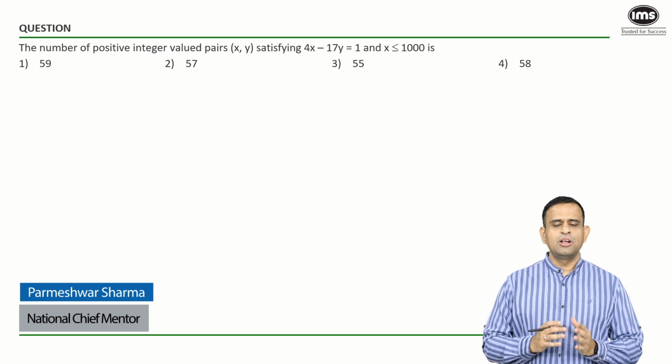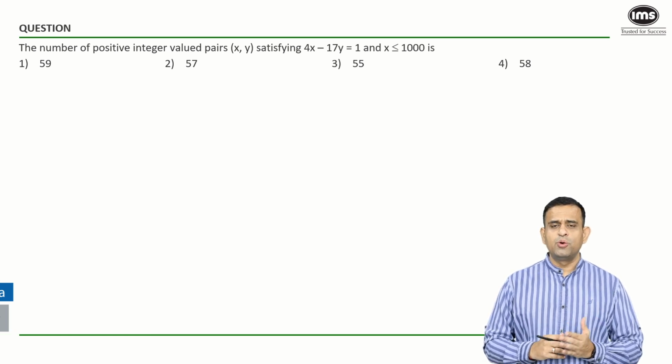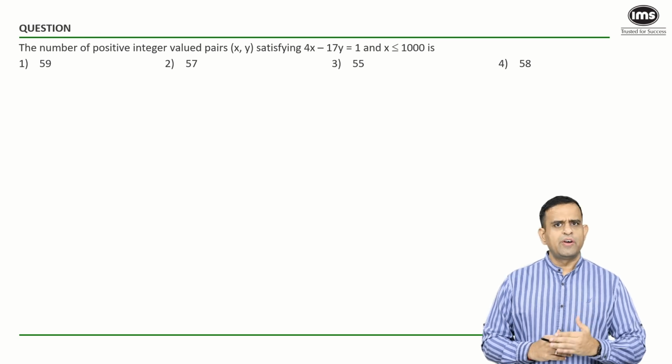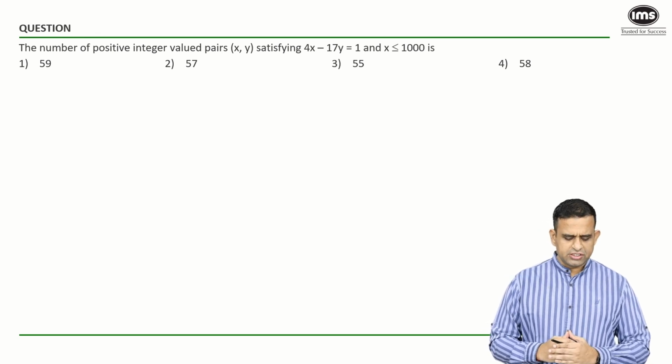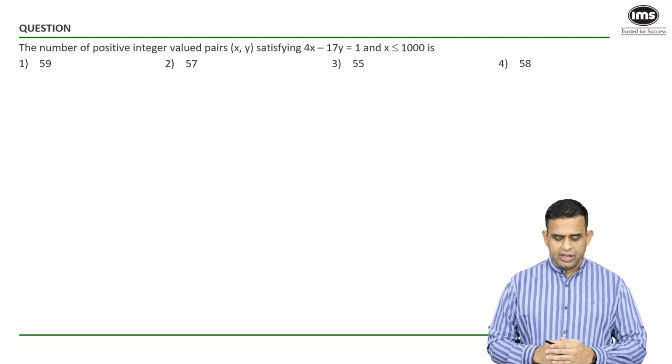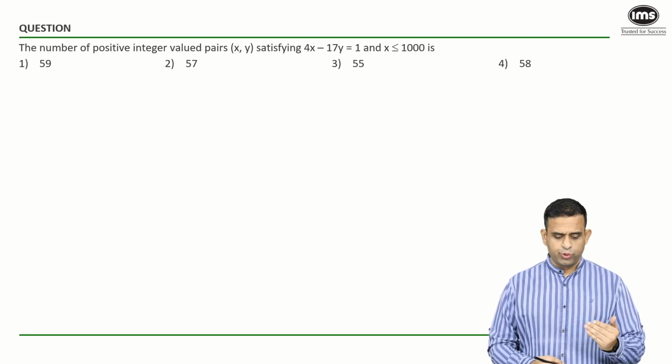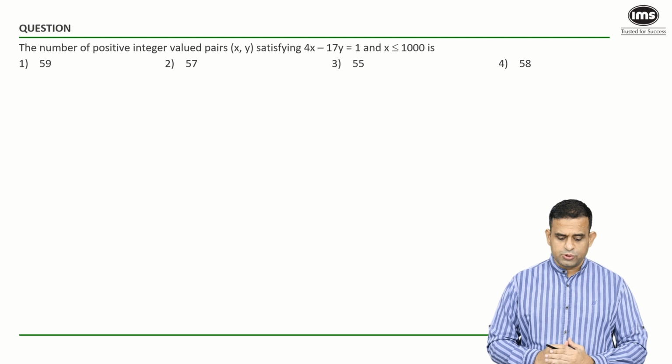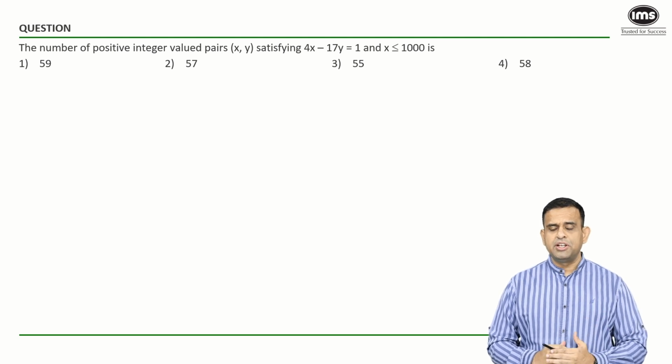In today's session, my focus is going to be on algebra. So you can pause the video, try the question, and then resume the video over here. If I look at this particular question, it says: the number of positive integer valued pairs (x, y) satisfying the equation 4x minus 17y equals 1